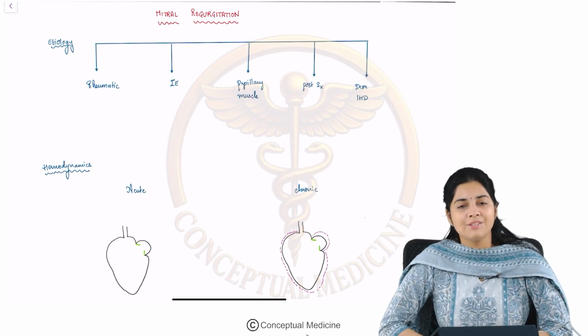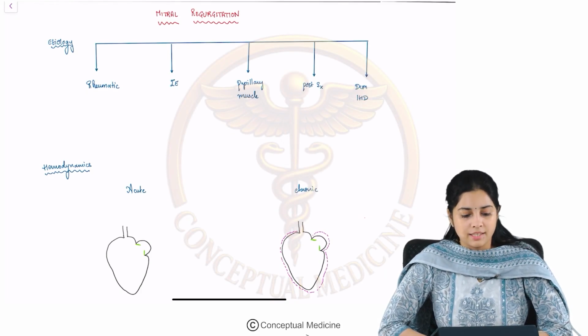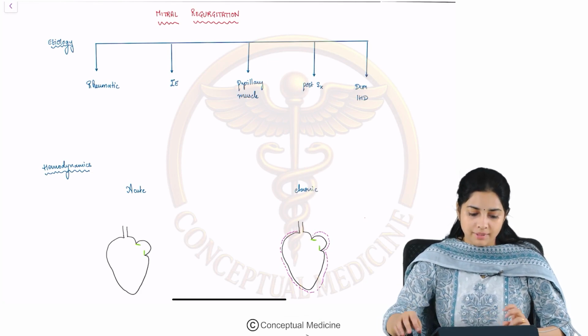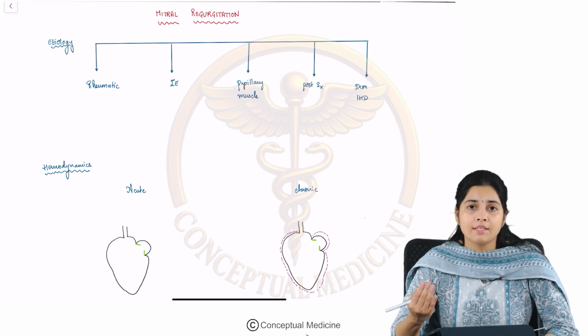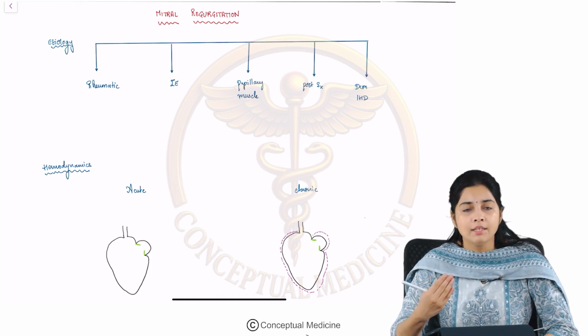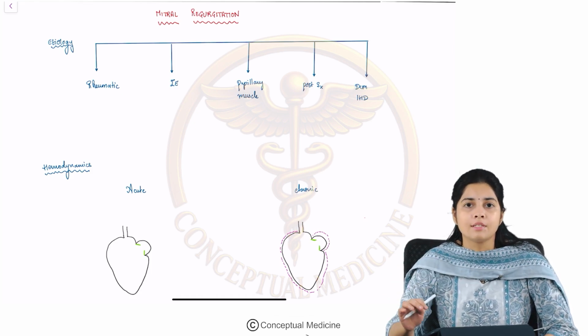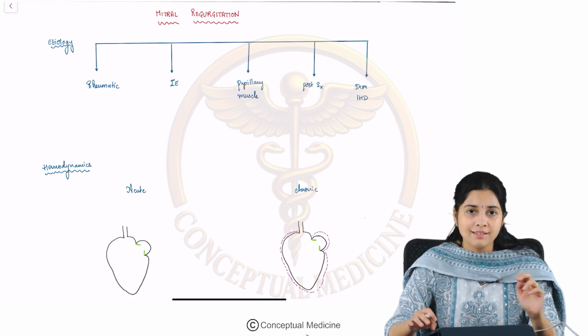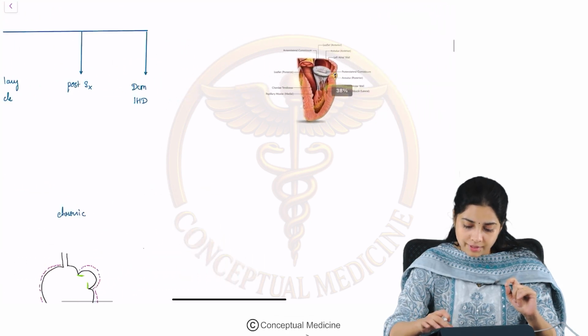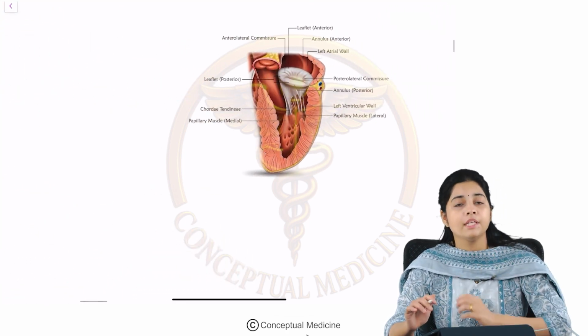Hello students, in continuation with our series of lectures in cardiology, today we will be looking at mitral regurgitation, right? So mitral regurgitation basically refers to the flow of blood from the mitral valve backwards into the left atrium because the mitral valve is incompetent. So let us just brush up on the structure of the mitral valve again and look at the various etiologies